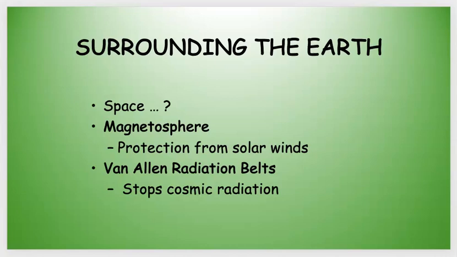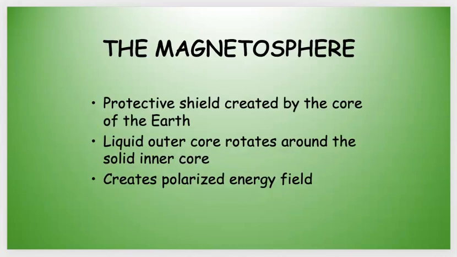And then the Van Allen radiation belts, which are very important, they trap incoming cosmic radiation. It says stops, but they trap it. This is also why it's actually kind of dangerous to be out in space in, say, the International Space Station and so on and so forth, because we're stopping this radiation from coming into the Earth, that means it's getting stuck out there. So there's this extra high radiation. Not great.